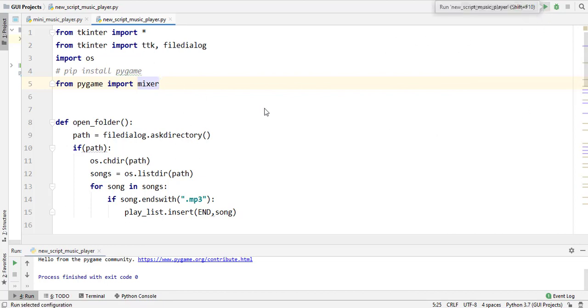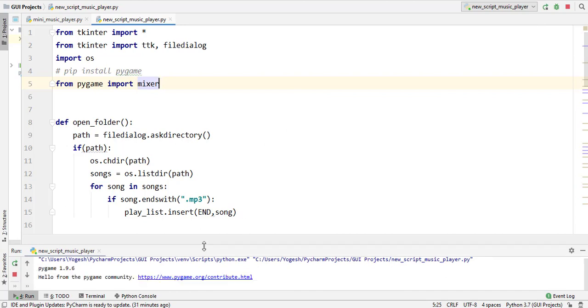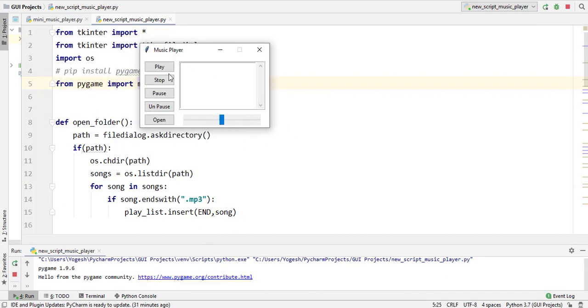It's up to you and your ideas. How can you turn this simple music player into an awesome music player?